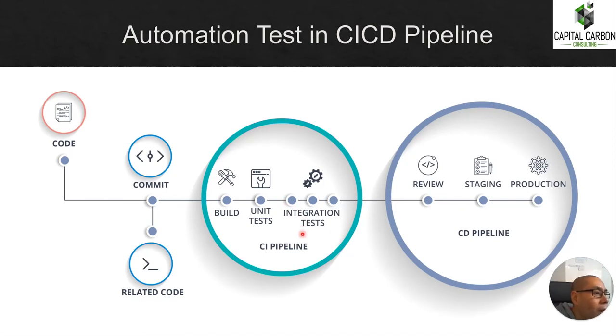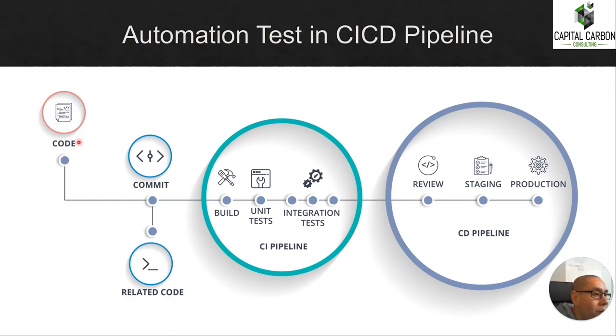Okay, the next step includes the integration test. That code is written by the testers. So they will use BDD as a methodology and prepare the code. And after the integration test passes, we'll go to the CD pipeline. Some companies will run the end-to-end testing in the staging environment, but some companies will run the E2E test in their user acceptance testing environment. So this picture doesn't have the UAT environment. The UAT environment should be here, between the CI pipeline and the CD pipeline.